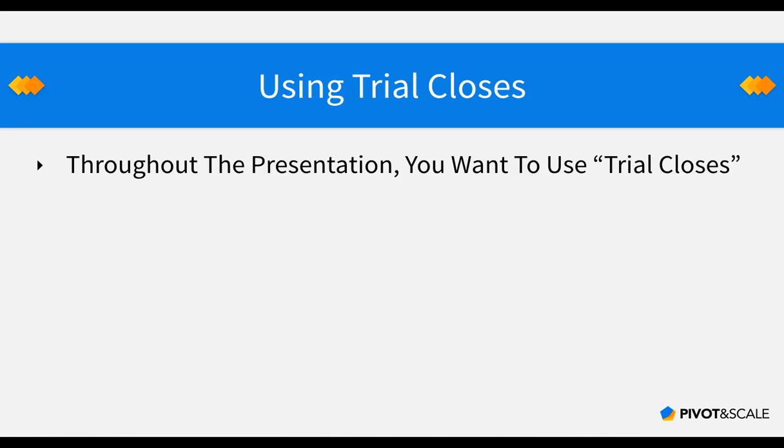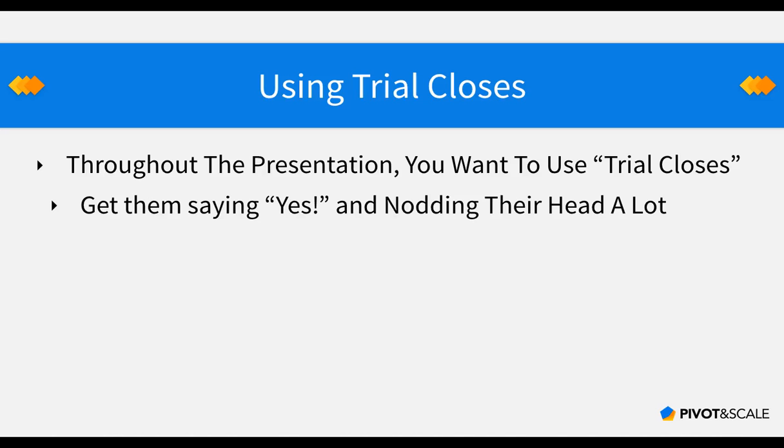Another thing that you want to do as you go through, and this is really powerful, is you want to use what's called trial closes. So throughout the presentation, you're going to want to throw these trial closes in there. And now, what are trial closes? Well, trial closes are these little phrases, little questions that get them saying yes and nodding